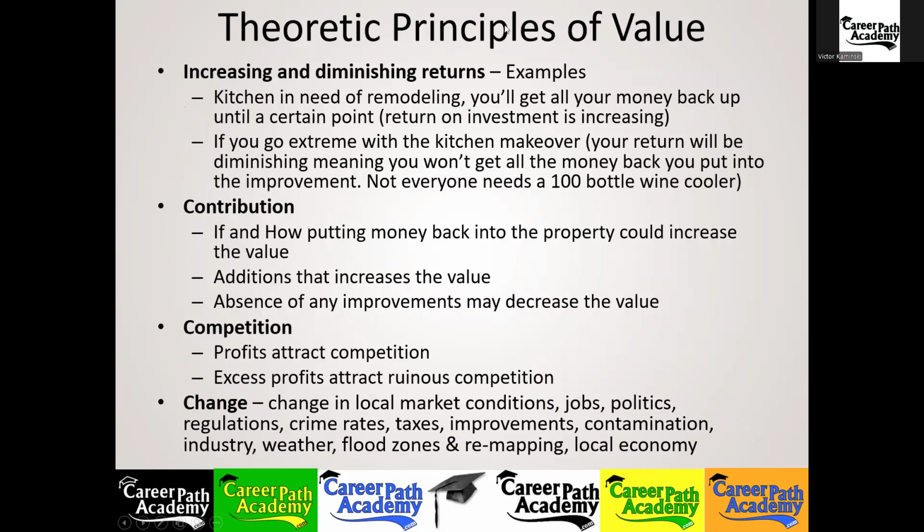All right, so some theoretical principles of value. Increasing and diminishing returns, like I explained: you remodel your kitchen, you'll get all your money back up to a certain point. You start going extreme with the kitchen makeover, and the return on that investment is going to start decreasing. So your return will increase up to a certain point, and then when you start going extreme with that kitchen makeover, it starts to diminish the money that you'll get back on it. So, not everybody needs that 100 bottle wine cooler in their kitchens. I know I've had some ladies argue with me on that one, but